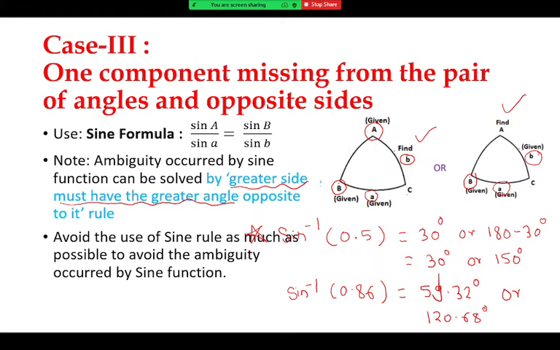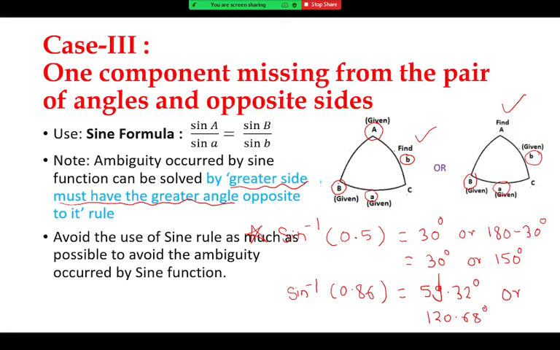But I will tell you, this ambiguity is not so difficult to solve, so you can use the sine rule. That's not a problem, and you can solve it and get the answer. You will get full marks there. But yes, if you are not interested in creating such an ambiguity of two angles, you can use the Haversine formula. The Haversine formula can also be used. So we'll move to the questions here.